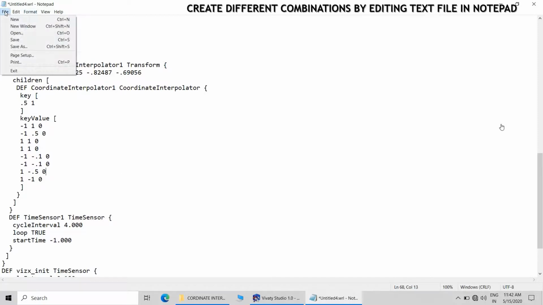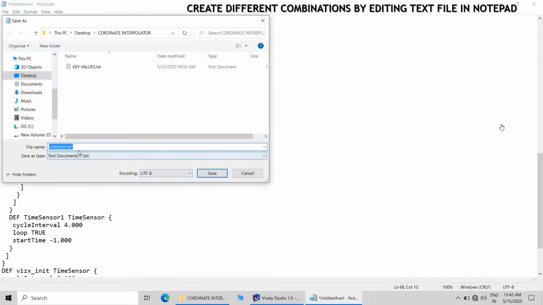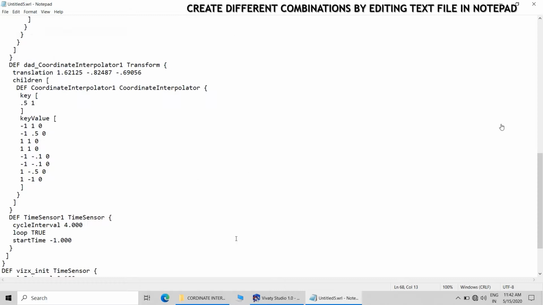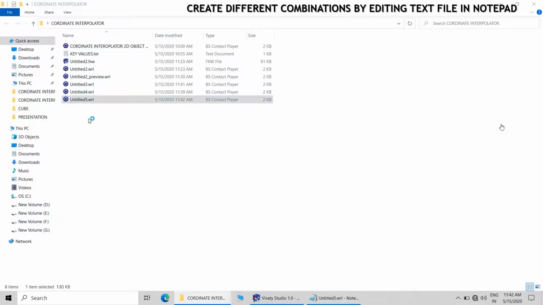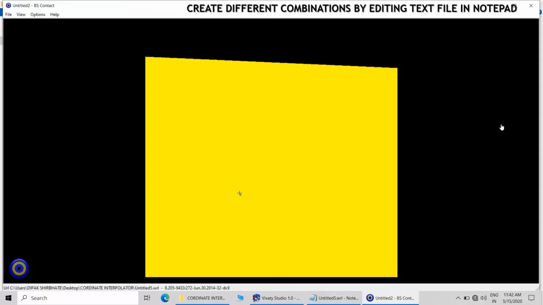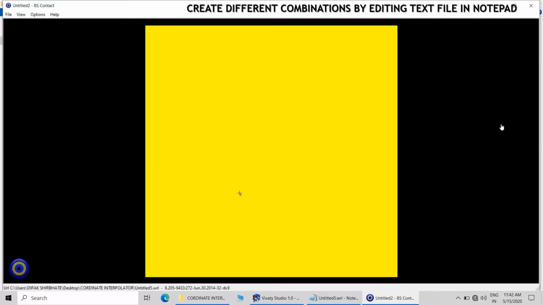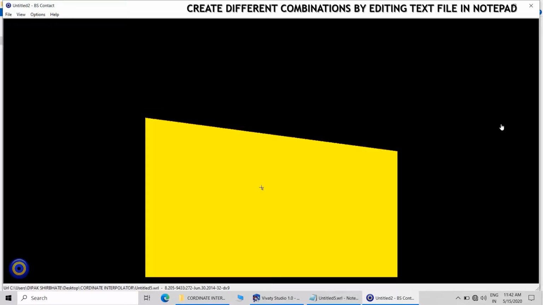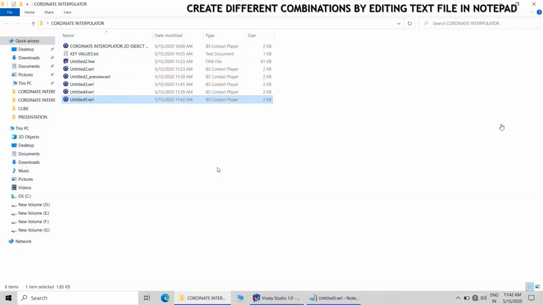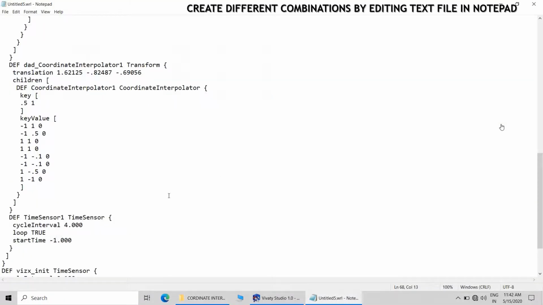Here I have actually changed the last but one and the second row key values to 0.5. Let us see what happens. Now make it.